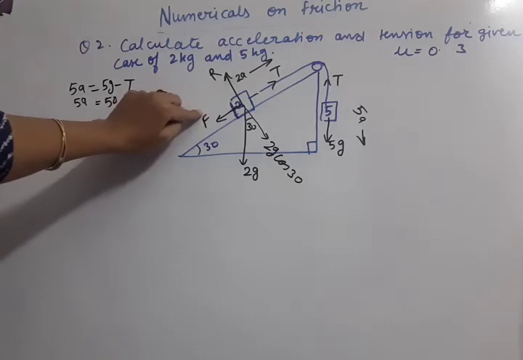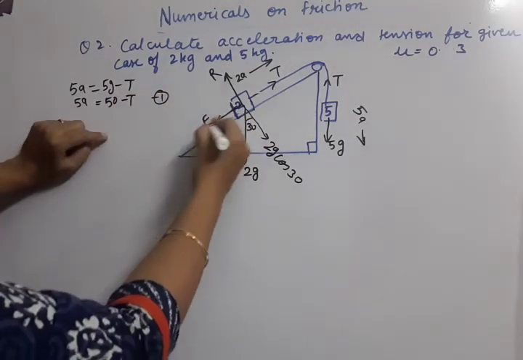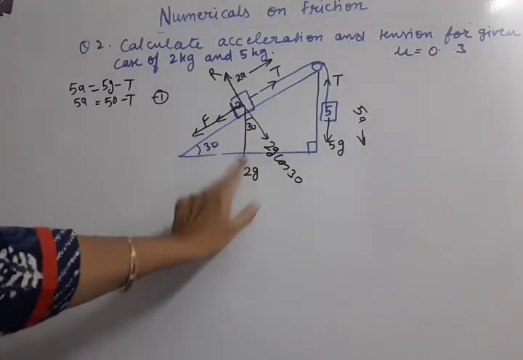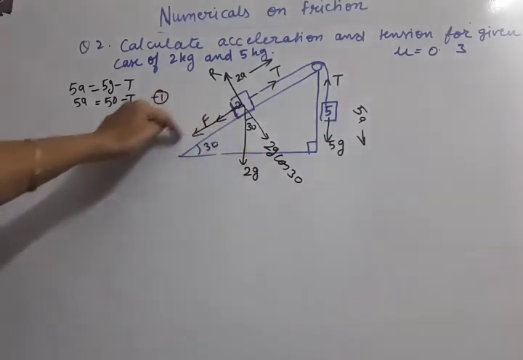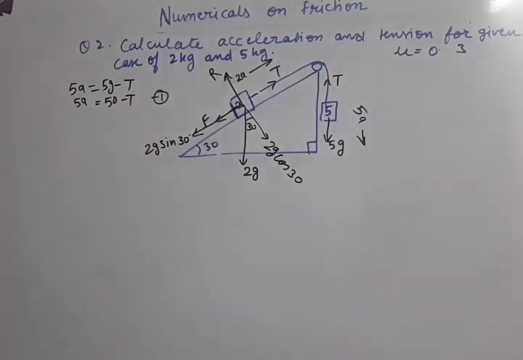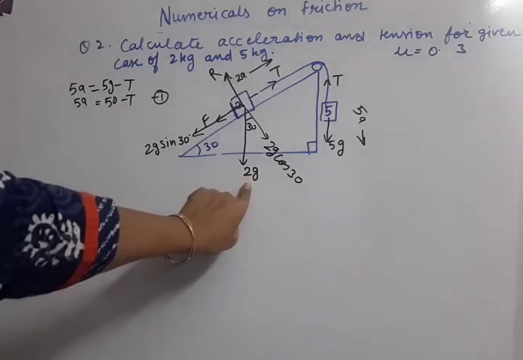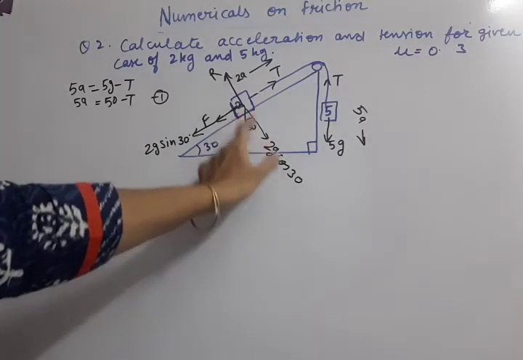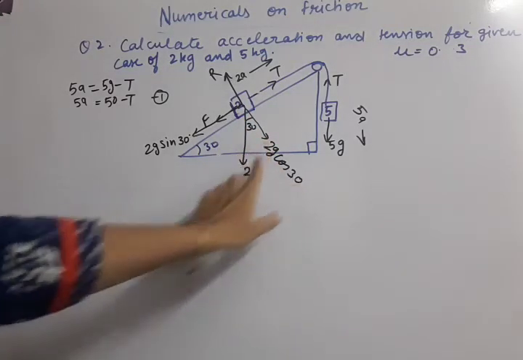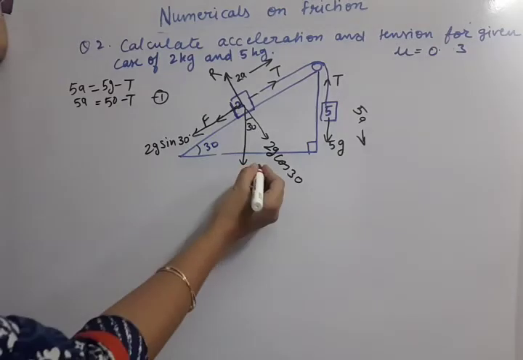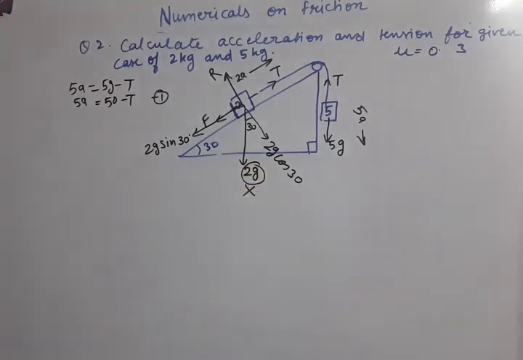So the friction force is already there, and I am extending this line to show one more force. What is that force? It is a component of 2G. This part of 2G is 2G cos 30 and this part will be 2G sin 30. Okay, this way we have resolved 2G. How did we do it? 30 is here, so we wrote 30 here. The line with which the angle is formed is the cos component, 2G cos 30, and this is 2G sin 30. Now this 2G has been resolved, so let us cut it. We have already resolved it. Now we don't have to use it in any calculation.